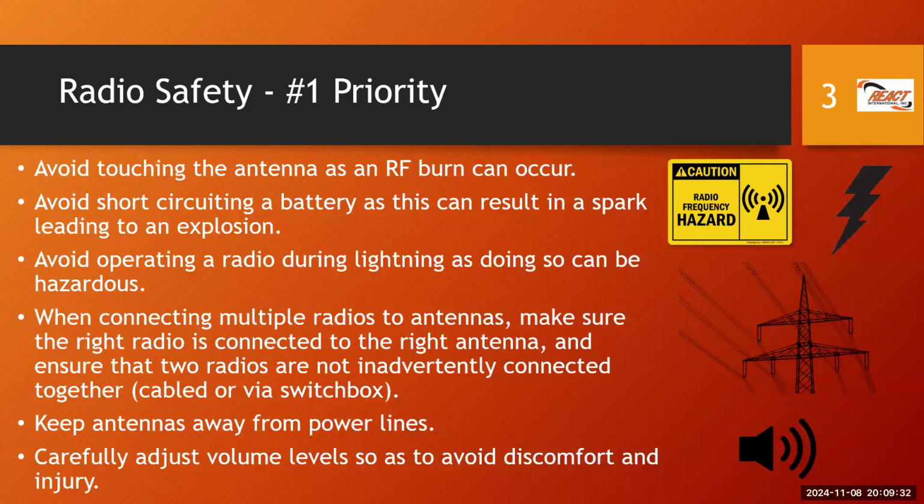So first of all, when we are using our radio, we advise you to avoid touching the antenna. There's something called RF burns that we can receive. So that's the first part of our safety moment. Be careful when you are touching an antenna connected to a radio. Also avoid short circuiting if you have a power supply or a battery. So the poles should not touch each other.